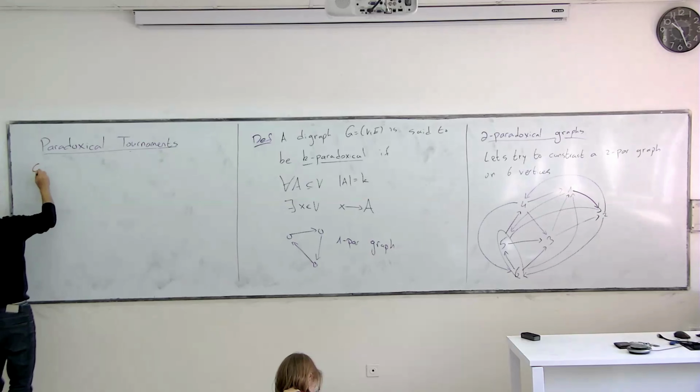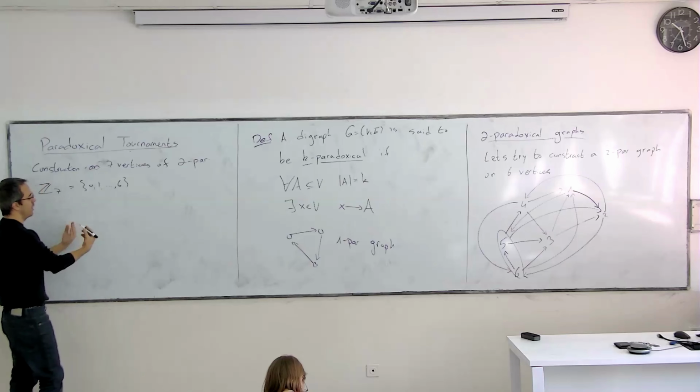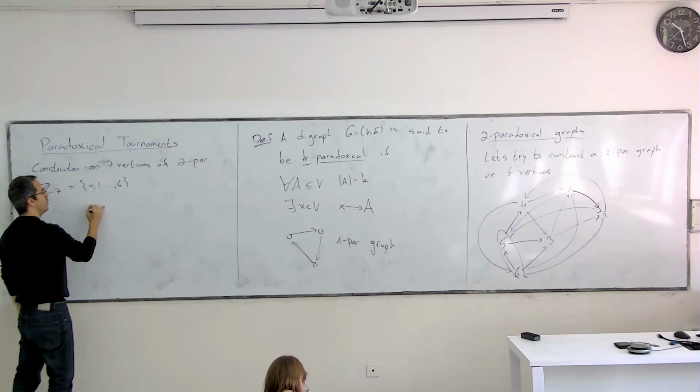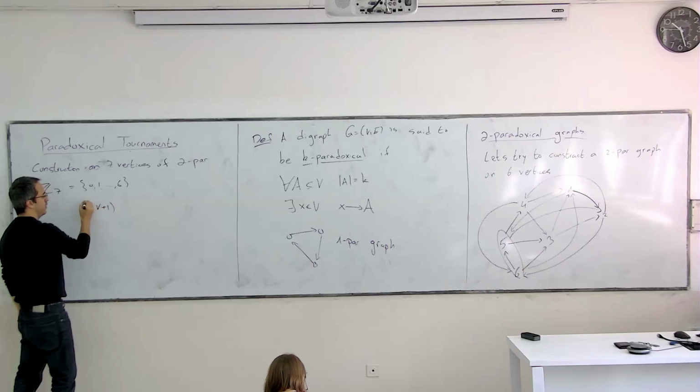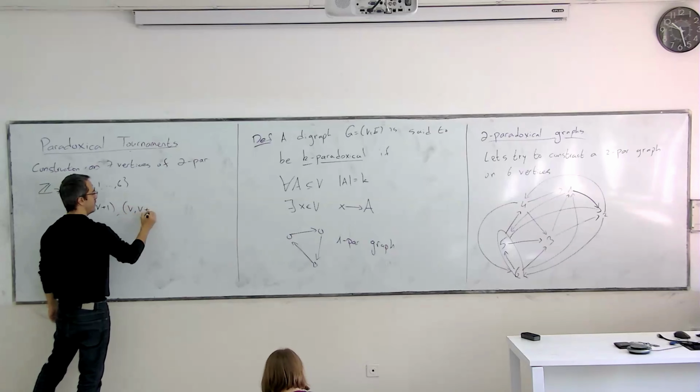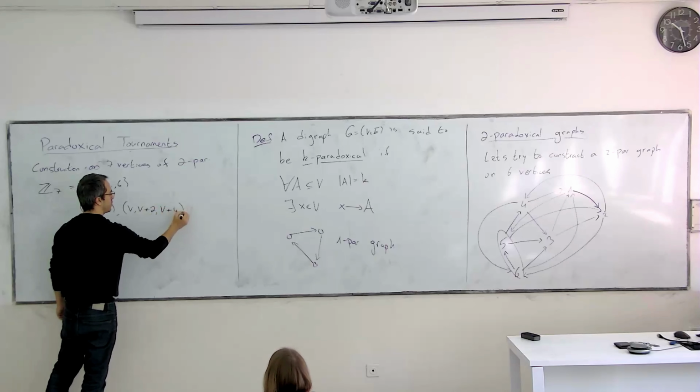So the construction is the following. I need 7 vertices, so of course I'm going to take Z7. If this is the vertex set, 0, 1, ..., 6, when I have addition mod 7 in mind, we're going to just write a set. And I'm going to tell you what the edges are. From vertex V, any number like that, we are going to have these edges: V plus 1, V plus 2, and V plus 4.